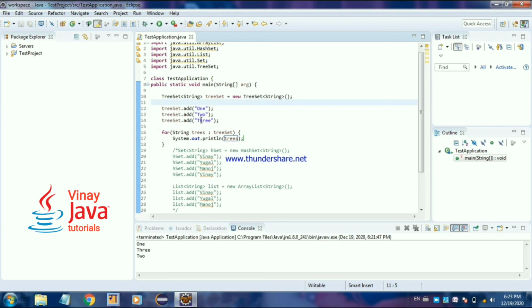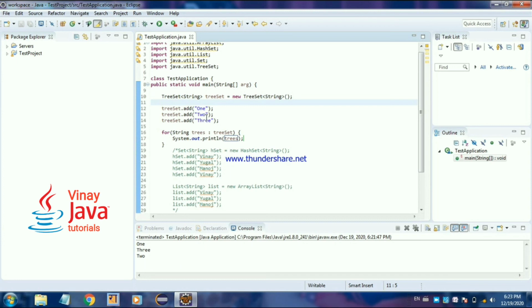ONE is compared to TWO and ONE is compared to THREE also. When ONE is compared to all the remaining elements, the O has an ASCII value less than T. That is why the string ONE is coming first.